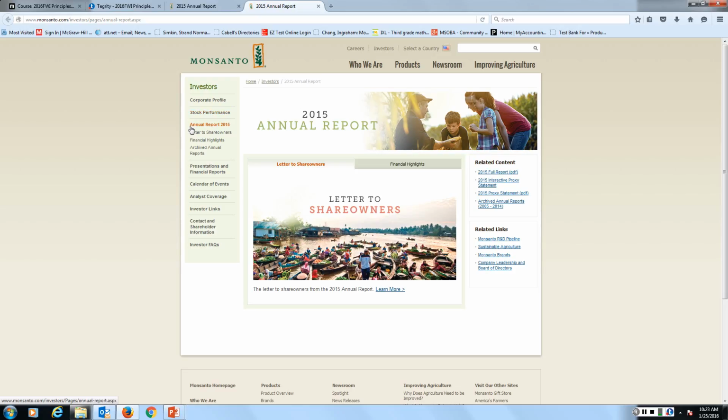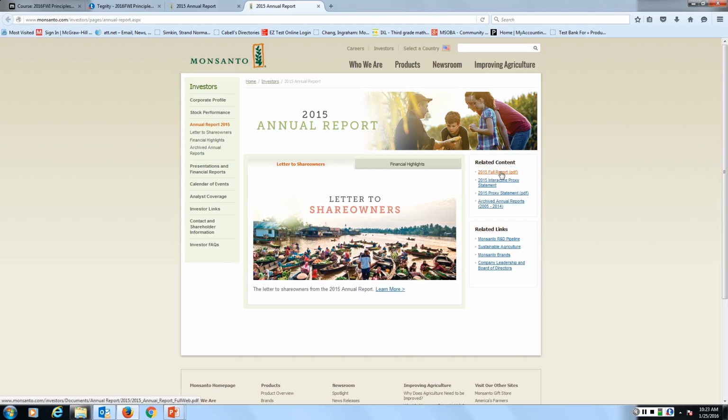This is the company's financial statements. So this is their most recent financial statement for 2015. Archived financial statements will include those as far back as they do have available for you. And so there's other information here about their financial information, stuff that analysts could use, other investor links. But what I want you to see here is that they do have a full financial statement in a PDF